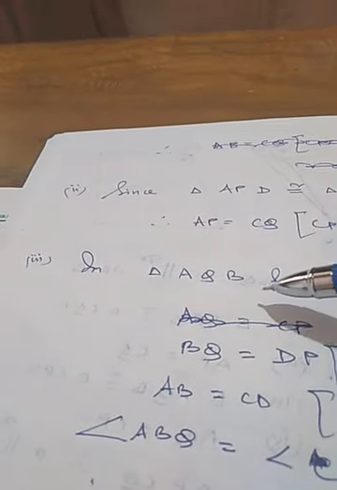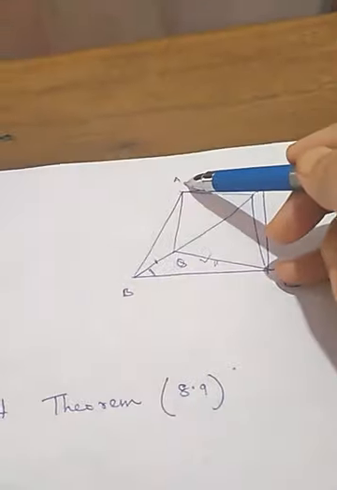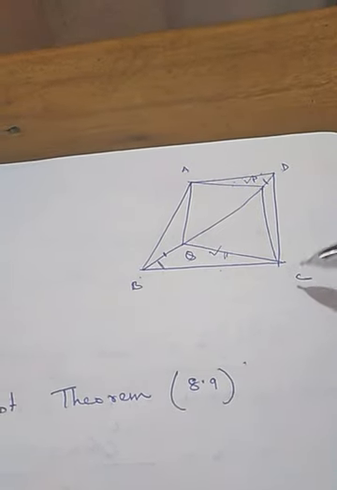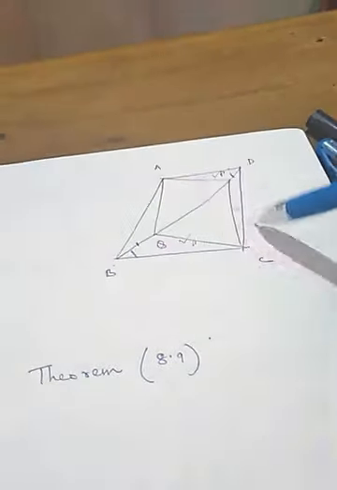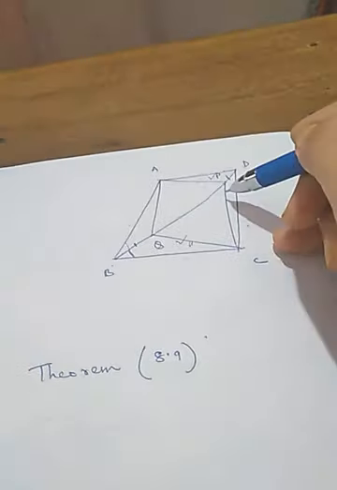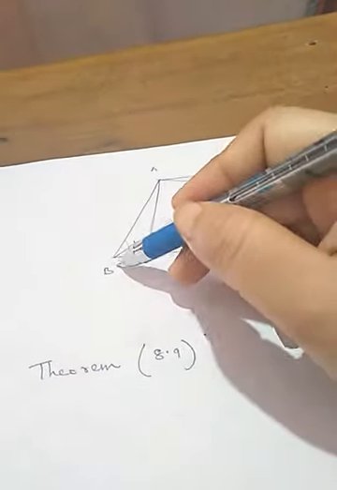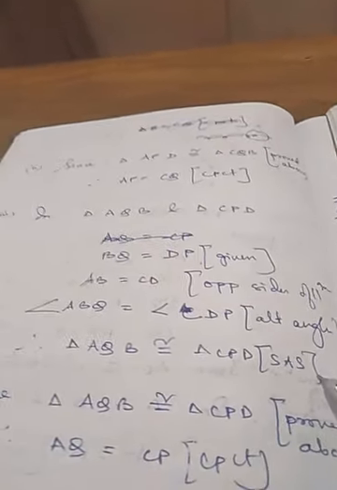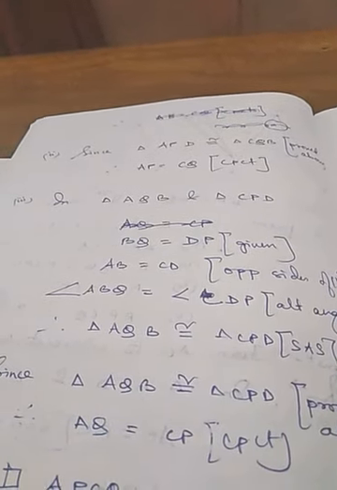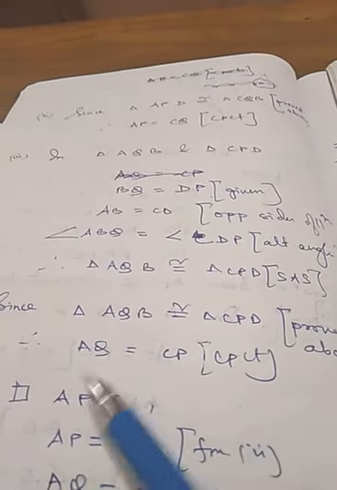Now 3, come to the third, AQB. Which triangle is AQB? AQB and another given, CPD. Here also in the same way we have to prove: opposite sides are equal, then alternate angles, this angle equals this angle, and BQ equals DP. So here you have written alternate angles, opposite sides, given, therefore by side angle side we have proved that these two triangles are congruent. Again number 4, like number 2, since these two triangles are congruent, therefore AQ equals CP with the help of CPCT. So number 4 finished.